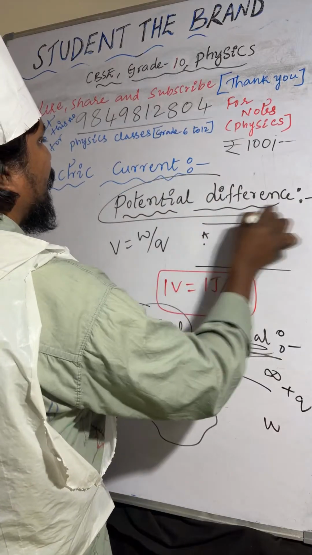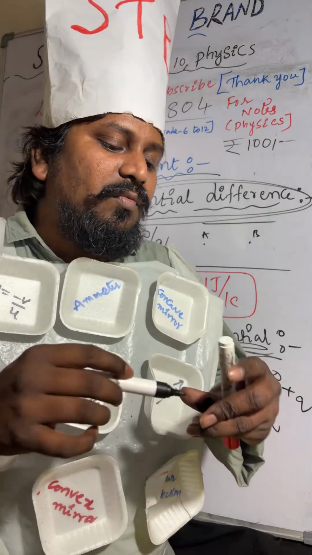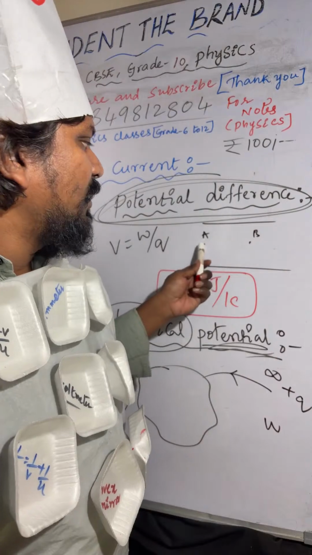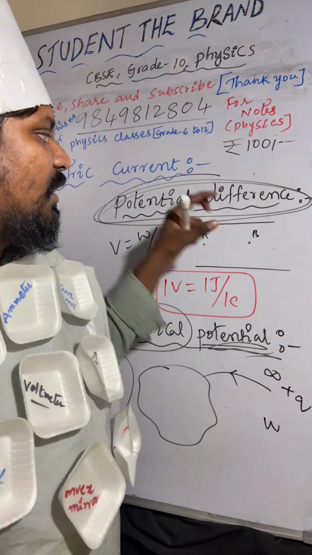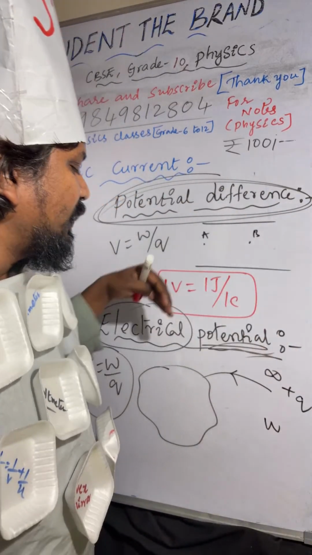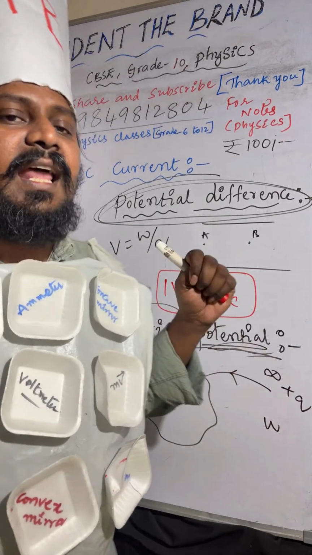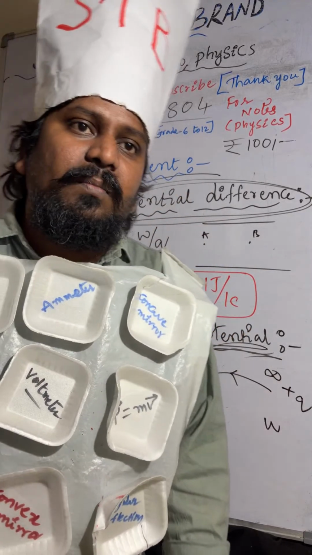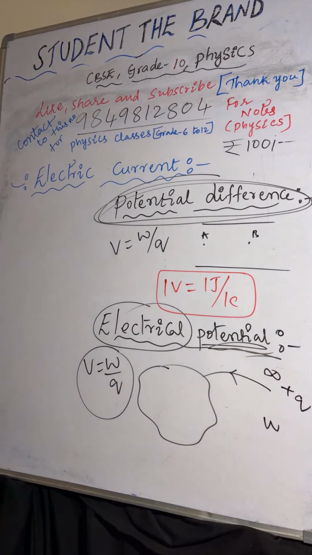So potential difference. You need to understand the potential difference. Potential difference is nothing but work done to bring unit positive charge from one point to another point within the conductor. From infinity to the required field is electrical potential. So this is about potential difference and electrical potential, right? Yes. So now we will discuss about